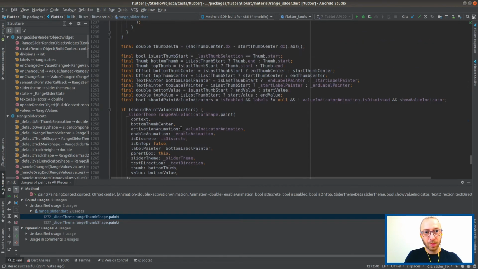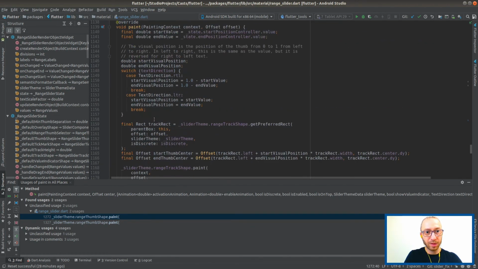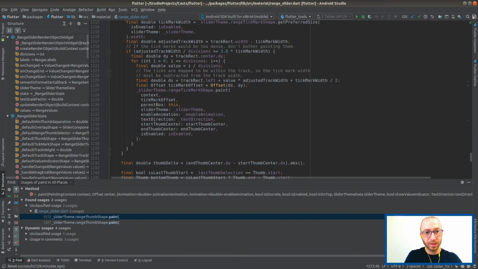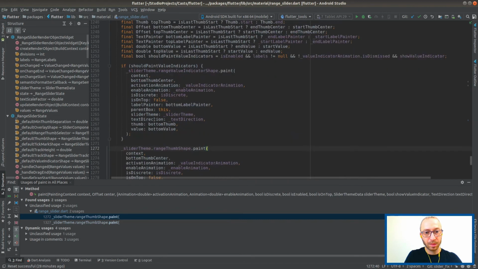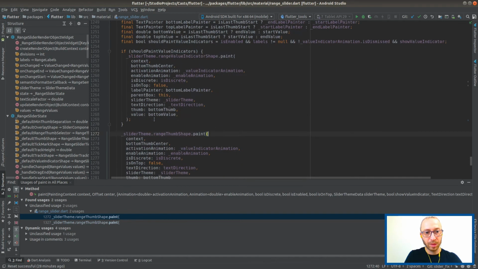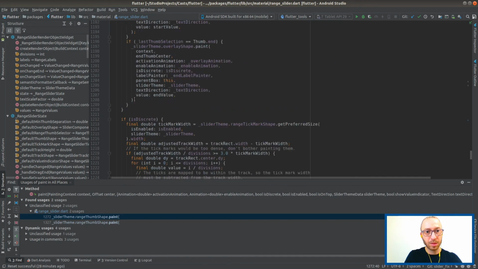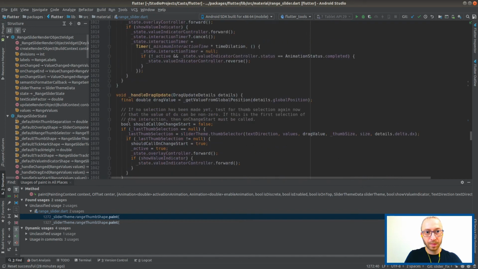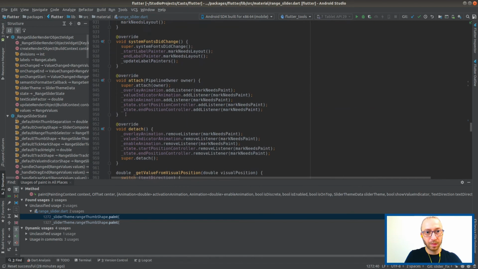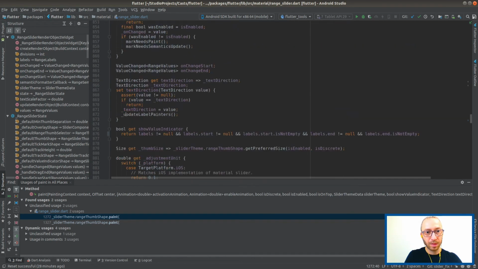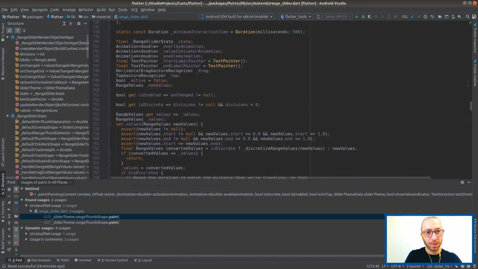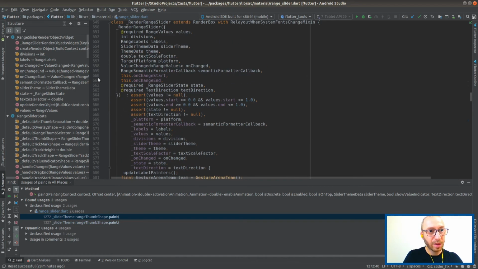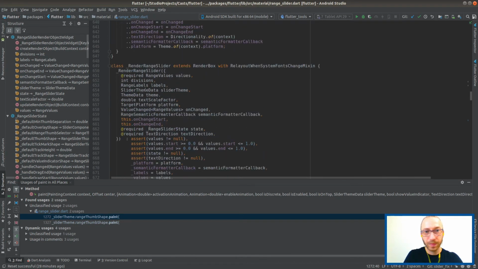Yeah, so we are inside of another paint, are we? Yeah, we are. Another paint of... Oh my god, this is so uncomfortable to find. Of what? Which class are we even in? Maybe this one.